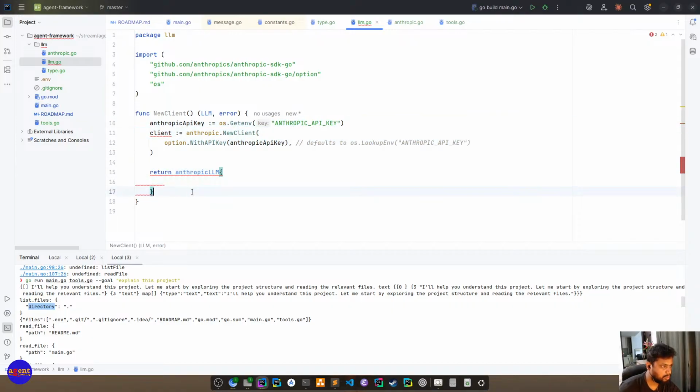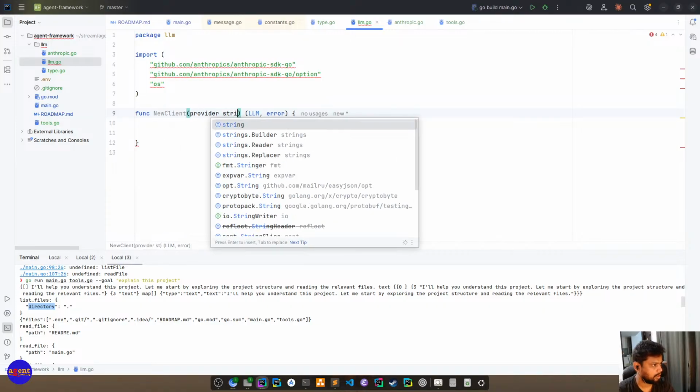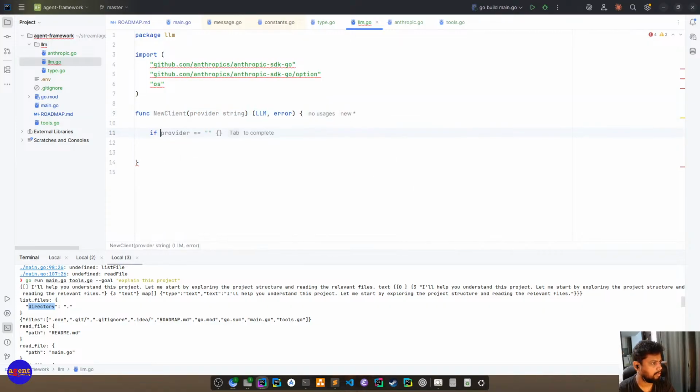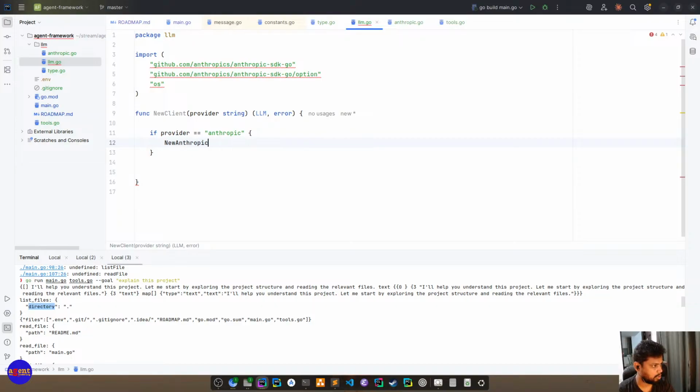Okay, let's move this there actually, and add provider, right? If provider equal to Anthropic client, right?